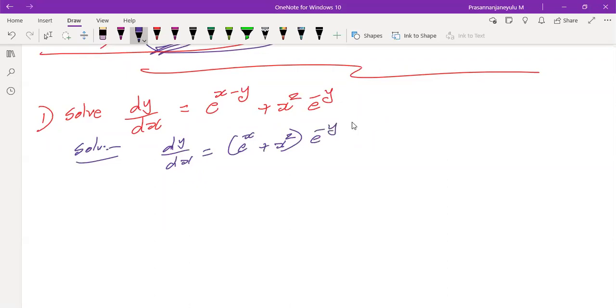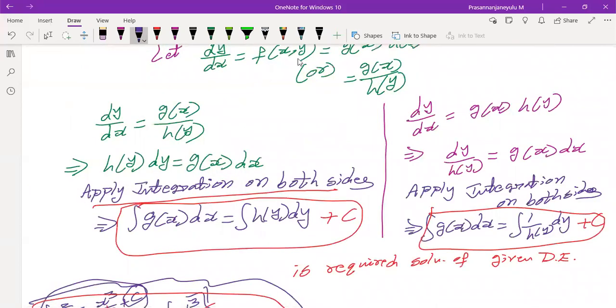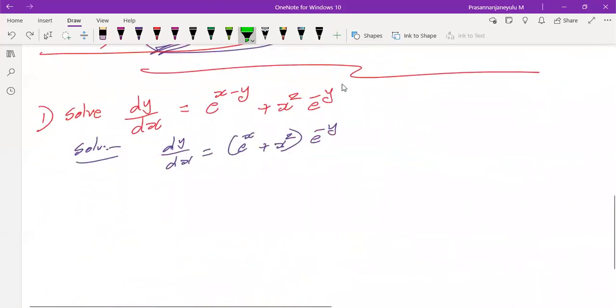Now here the first factor is in terms of x, and the second factor e power minus y is in terms of y variables. Now using the cross product, while doing the cross product, why did I take only dx to the right hand side in this procedure? Why have I taken it like that? Any idea? Any idea why we have taken only the function in terms of x variables into the right hand side?